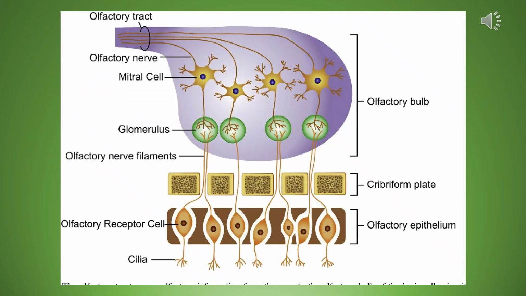Well, this is a very nicely done little diagram to give you a close-up look of how this happens. Those olfactory receptor cells, well, we just call those our olfactory nerves. Those are the ones that are somewhat replaceable because they're exposed to the environment. Notice that the axons pass through the cribriform foramina, the holes in the cribriform plate. We come together to form what are called glomerular cells, and we synapse with the second order neuron in those glomeruli. So the second order neuron there is called a mitral cell.